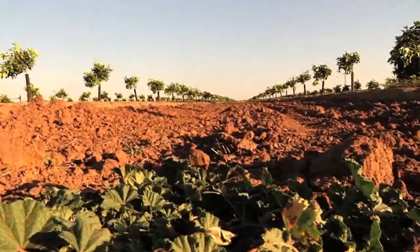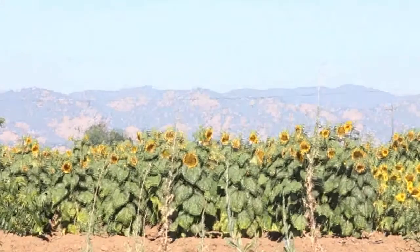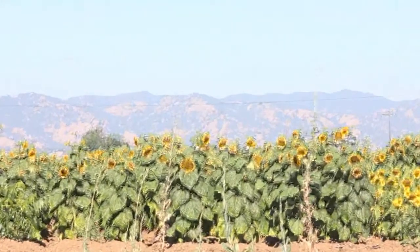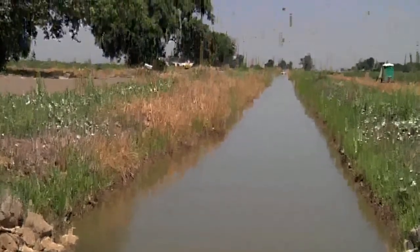Historically, when we've thought about solving California's water problems, we've thought about the imported water systems, the water coming off of the Sierra Nevada mountains, the water that's used in the Central Valley for farming. There may be another way, and that other way to satisfy the demand for water within cities is to find